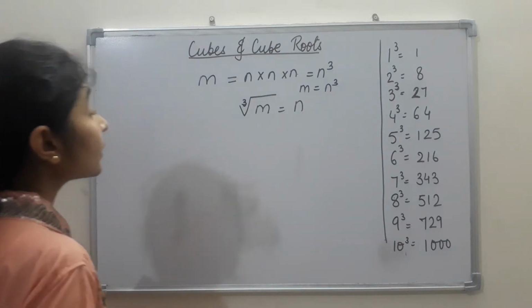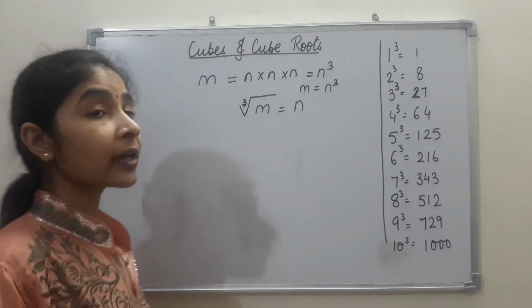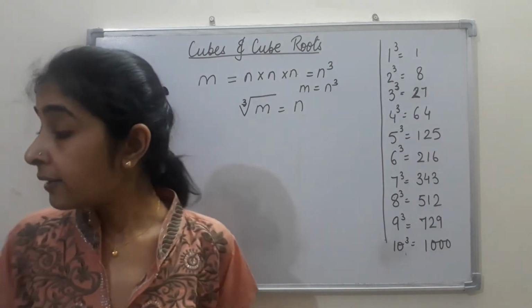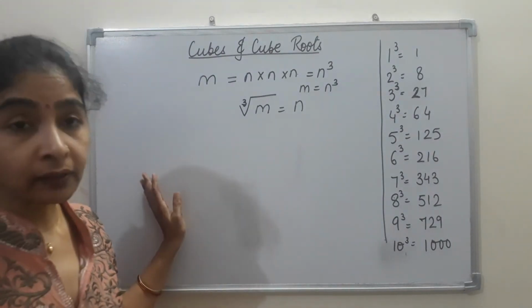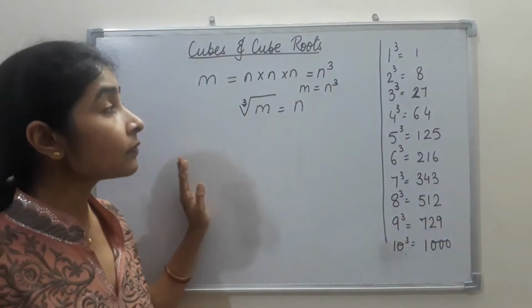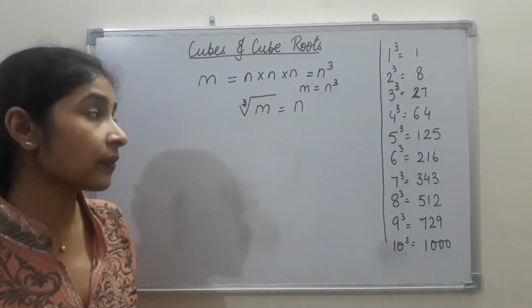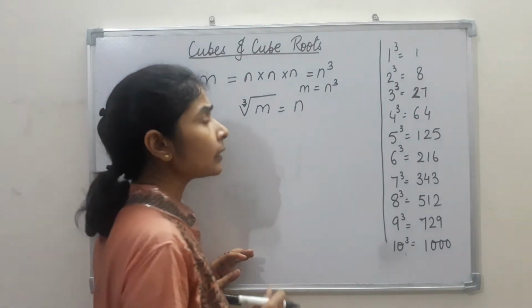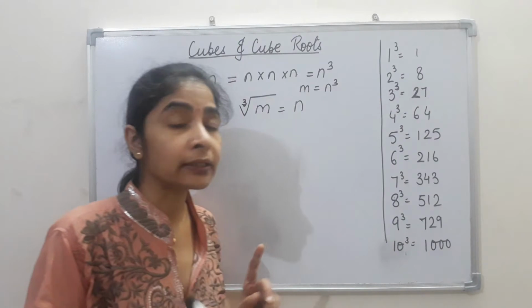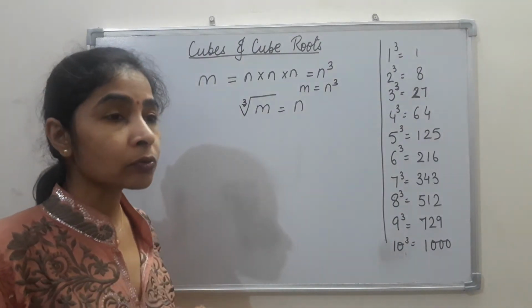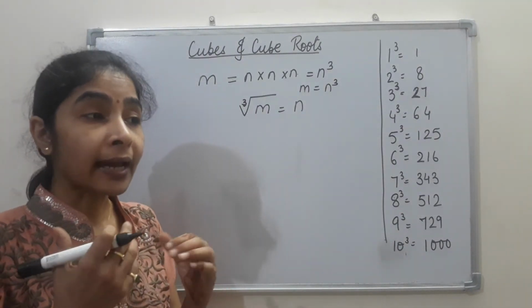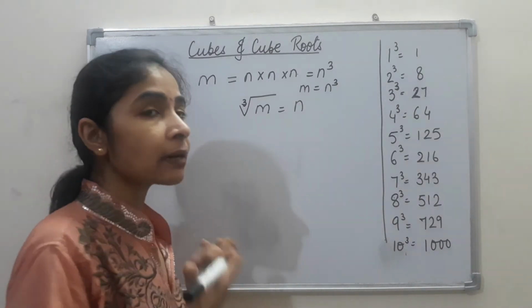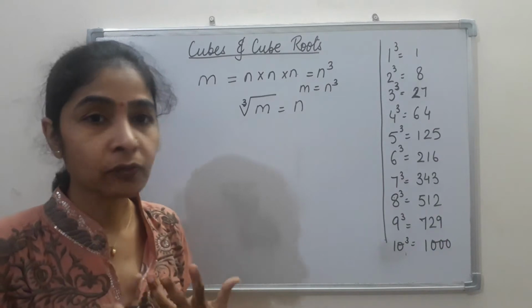Now in the case of square roots, we did square roots previously. There were 2 methods of finding the square root, the prime factorization method and the division method. Here we have only one, the prime factorization method, that we will discuss later. But here let us see one thing that we saw in square roots. In the squares of numbers, we had a method through which by observing the number we can say whether it is a perfect square or not.